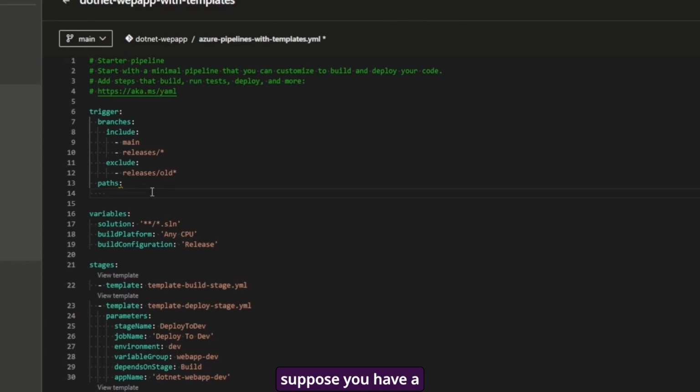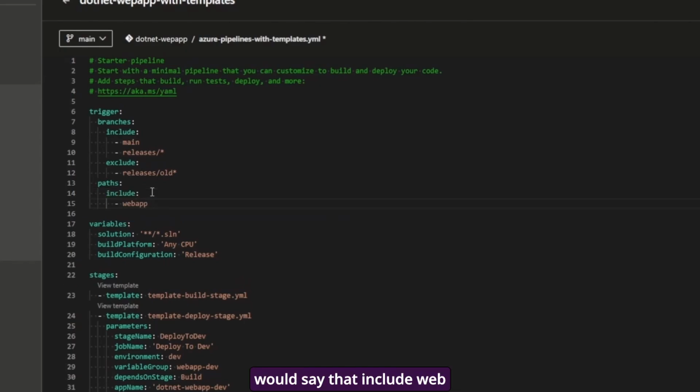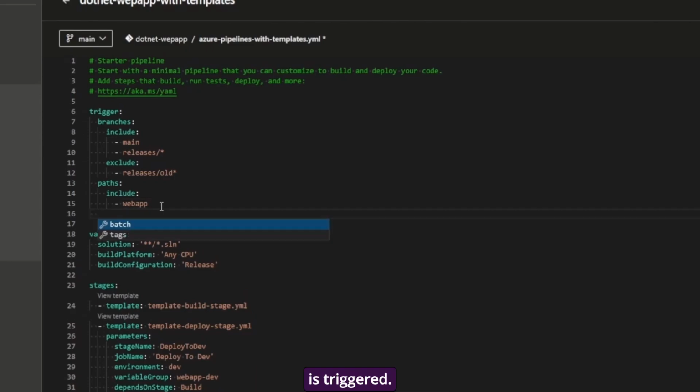Suppose you have a hypothetical scenario where you have a web app and an API, and you want to trigger different pipelines when changes to web are made or changes to API are made. Using the paths keyword, I would say include web app. So for example, if there is a change inside the web app folder, then only the pipeline is triggered. One more option you have